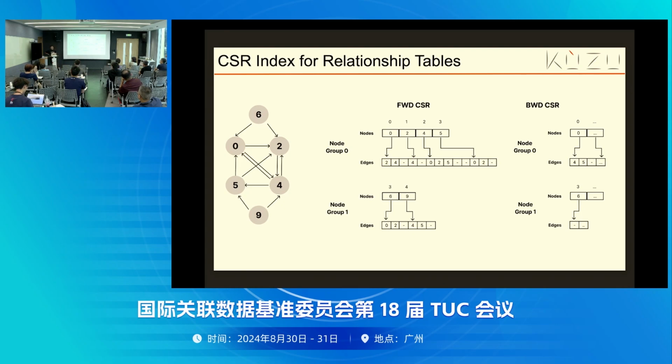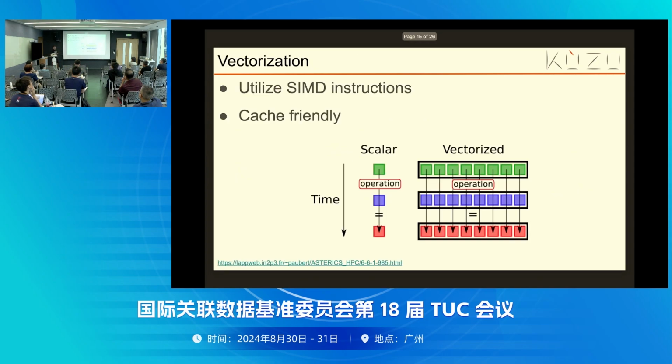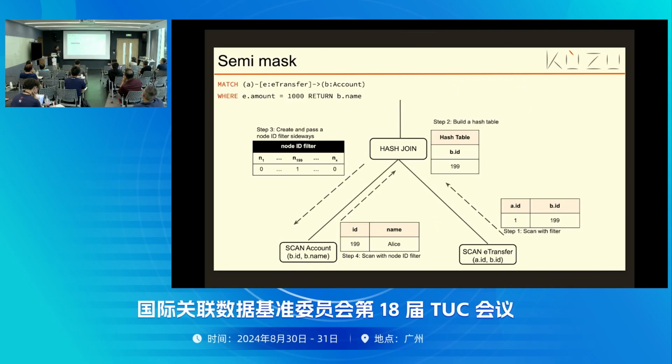I'll clarify my question a bit because I noticed in the later slides where you show a query plan, the last slide, you have these edge tables and node tables. On the right you have an edge table, on the left you have a node table. I know that some other graph databases store the edges and the nodes together. In that sense, we store them separately. So what's your philosophy behind that? Because I know when you store something together, it leads to better locality, and now you're separating them.